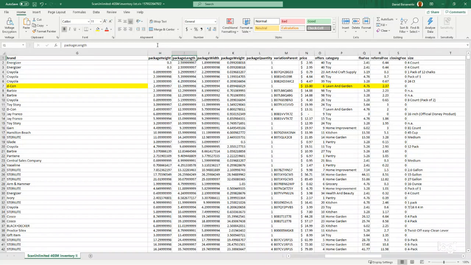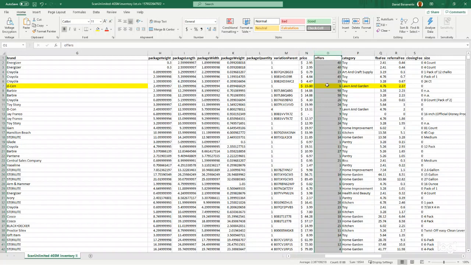As you start getting into the other columns, there's some information about the length, the height, the width of the packaging, and column N is basically the product price on Amazon. The offers is the amount of competition, so we definitely don't want to be in a listing where there are 40 sellers. We're never going to get a sale. That's way too many. Then you have the fees,